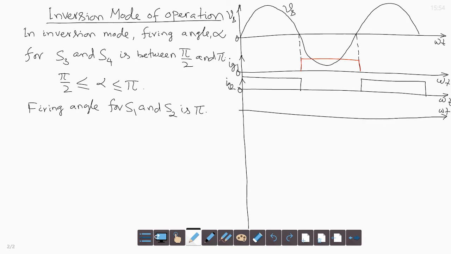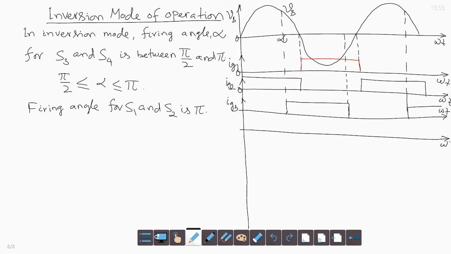Then control signal for the switch S3 is Ig3, firing angle is between 90 to 180 degree. And Ig4, that is control signal for switch S4, is complementary of Ig3, and alpha for switches S3 and S4 is between pi by 2 and pi, 90 to 180 within that zone. So we will draw the output voltage waveform